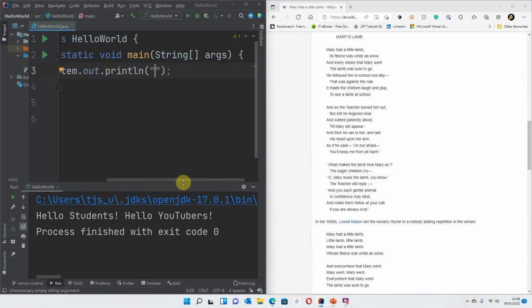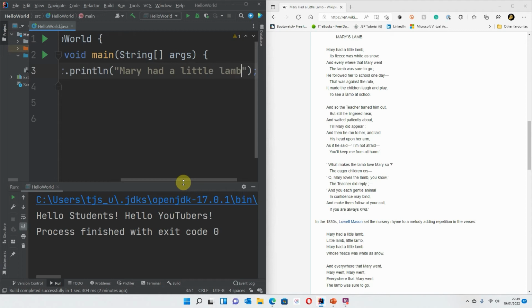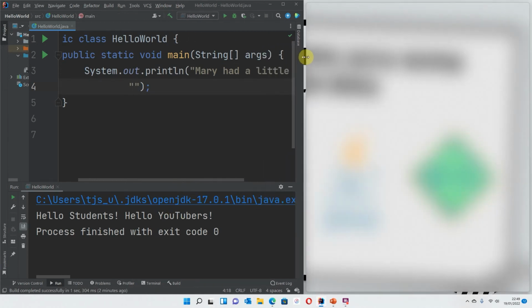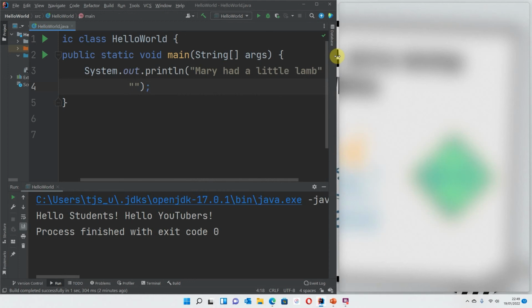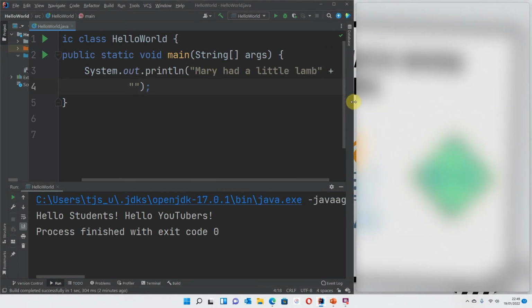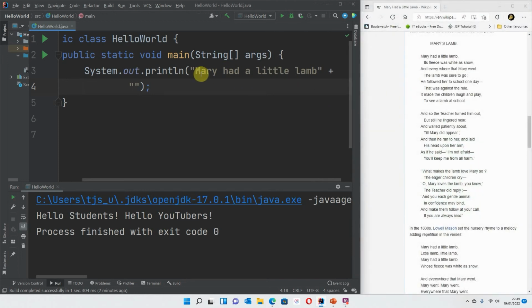So what I'll do is I'll just start typing. So Mary had a little lamb. Now if I press return at this point, I can't really see it that clearly here. Let me just give this a little bit more presence. There you go. Oh, bit more. There you are. So what you'll see it's done is it said Mary had a little lamb. Then it's got this little plus, and it's starting another